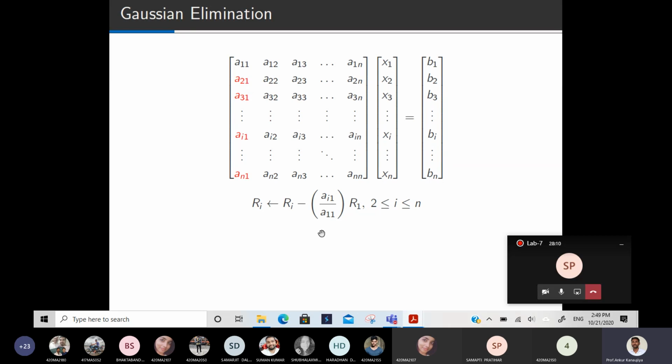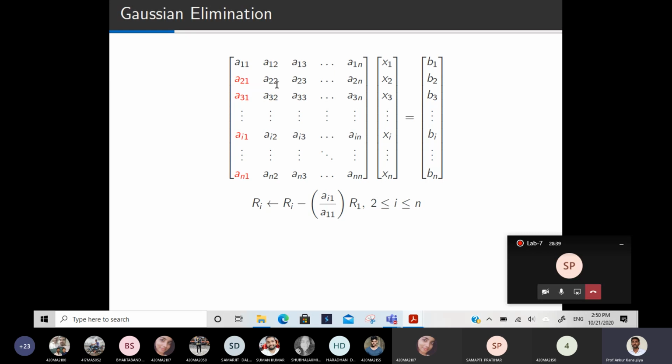So in this context, whatever we apply, we are assuming that A11 is non-zero. Then only we will be able to do this. If it is 0, then this technique will fail. And this entry is called the pivot entry. So with the help of this, we are making the remaining entries 0. Similarly, if we want to make A32 to An2 zero, then we will take the help of this A22 entry. Is that clear for everyone?